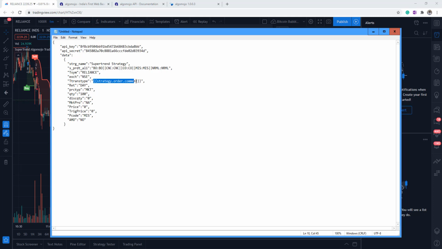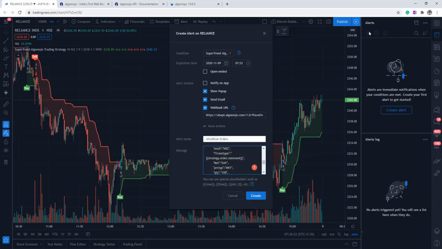So this will be replaced whenever there is a buy signal, it will be replaced by B over here dynamically, and whenever there is a sell over there, this will be replaced by S. Whenever there is a sell signal or short signal is happening, automatically S will be done at the transaction type. So dynamically it changes based upon the signal condition. During the buy, this value will be filled with B, and during sell signal automatically S will be filled over here.